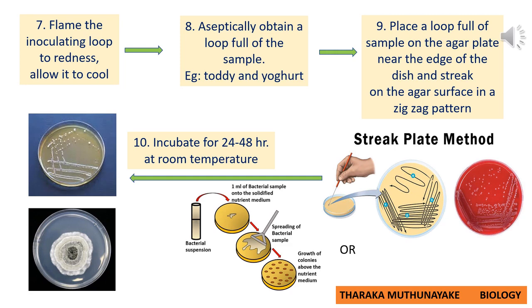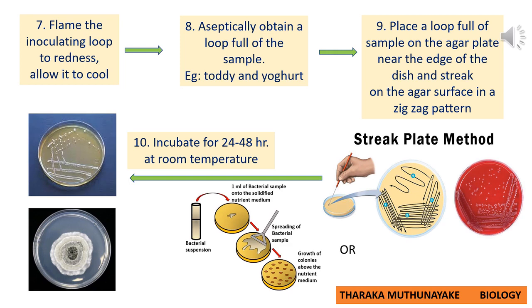So what's the purpose of making such a streak on an agar surface? It spreads microorganisms on the surface. Therefore, towards the end of the streak, here it is given in number 4, in that region, you can observe microorganisms are isolated. That means single microbial cells are isolated. Then those microbial cells will divide and form separate colonies. Then such separate colonies can be clearly observed. Their morphology can be clearly observed.